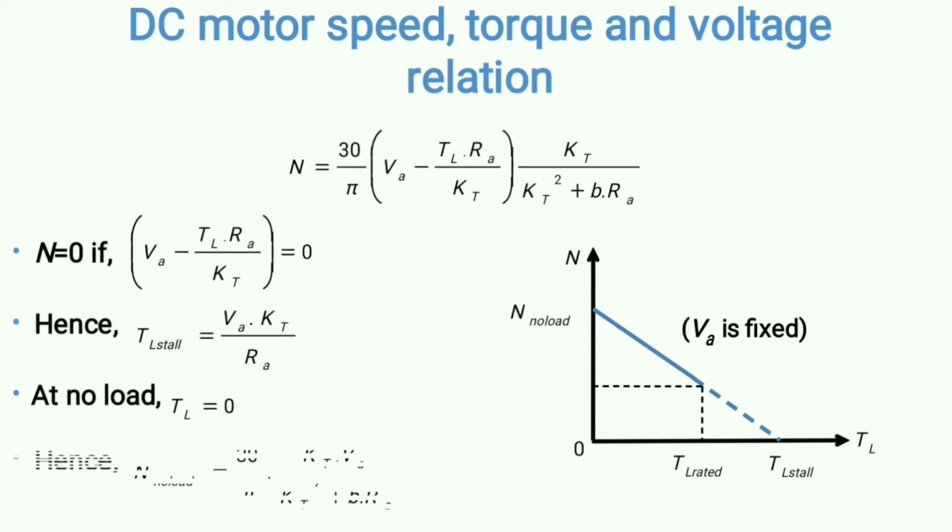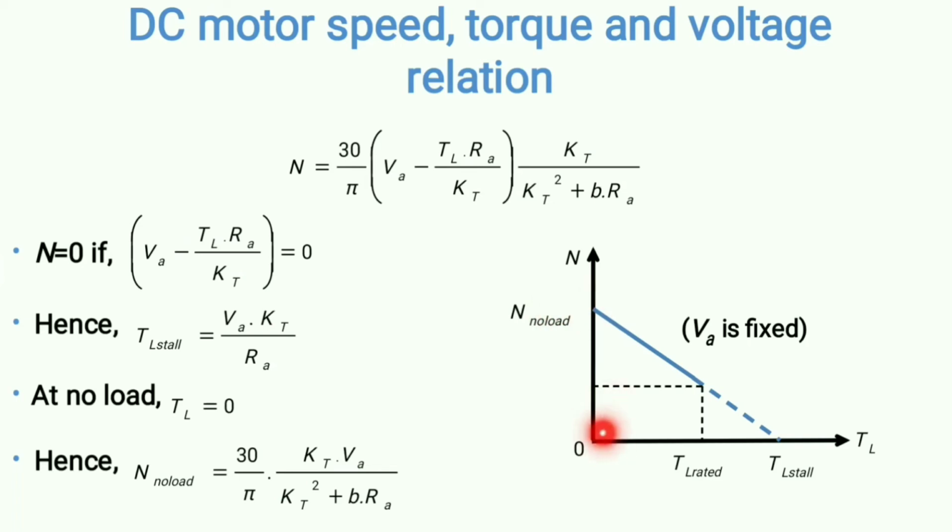So in that case the speed we will get will be called the no load speed, and this is the expression of no load speed. So from this equation you will get the no load speed expression, and see here in the graph, this is the no load speed and it is the maximum speed, right? Because the speed will be maximum when there is no load. So this is the maximum speed, and here the load is completely 0.